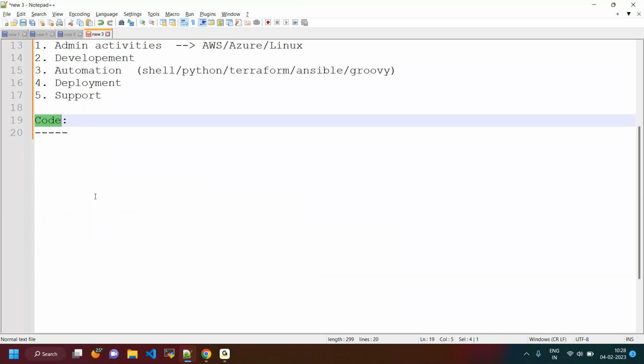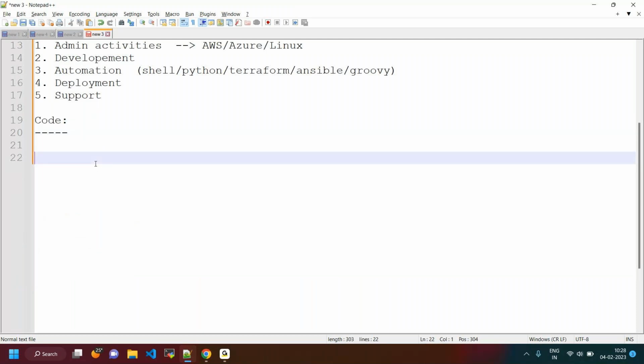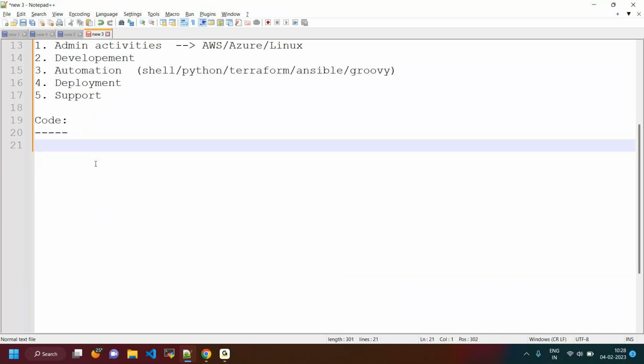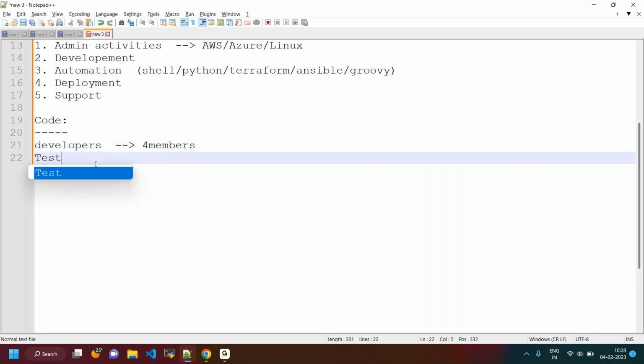Now you can come here in our organizations. In a project, it's not just one or two members working. We have a lot of members working, right? Within the project, developers are there. Developers, meaning four members might exist. And then the testing team is there. In the testing team we might have two members, or it might be one member.